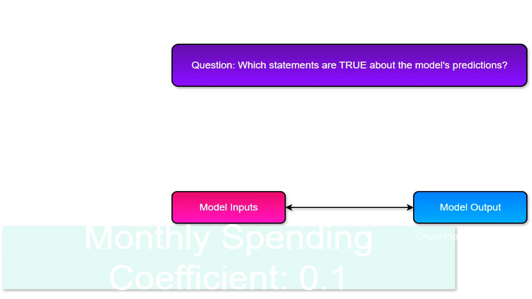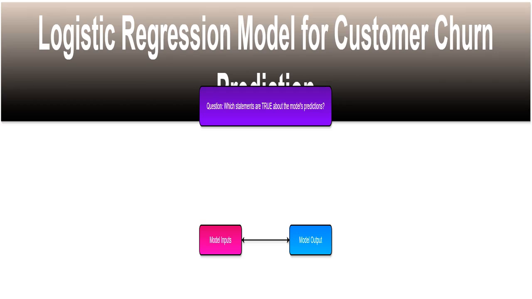This is the coefficient for monthly spending. It tells me how much the log odds of churn change for each $1 increase in monthly spending. A positive coefficient means higher spending is associated with a higher probability of churn. This is the core question. I need to use the provided intercept and coefficient, along with the logistic regression equation, to determine which statements accurately reflect the model's behavior. Remember, the equation is probability of churn equals 1 over 1 plus e to the power of negative, intercept plus coefficient times